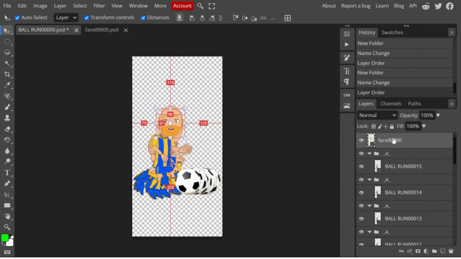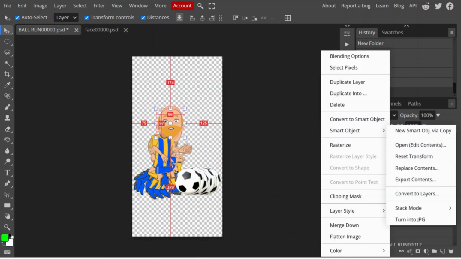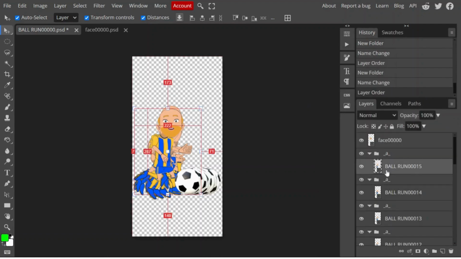So look, we've got the face. And you can see this image has got a square. That means it's a smart object. All of these PNG images must be a smart object. Where you see that square, that indicates that it's a smart object, or the replacement of the face will not work without being a smart object. So what we do now,